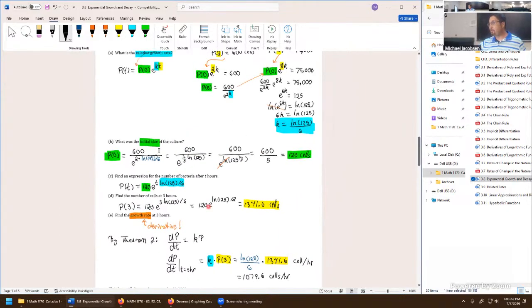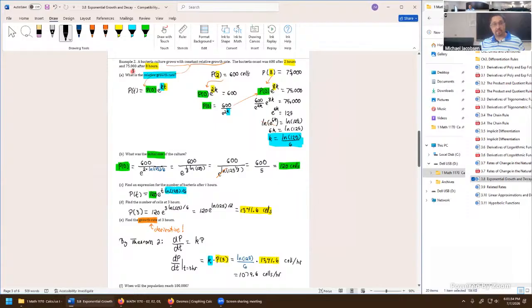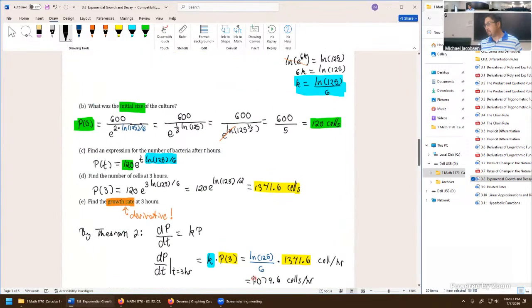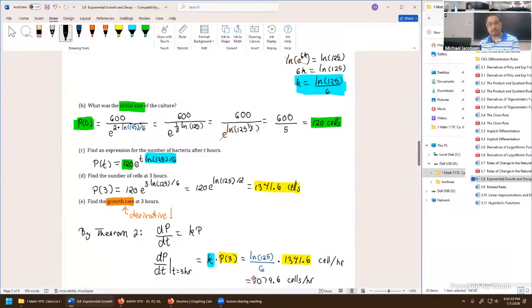So you might wonder, how in the world does it then get to 75,000? Well, it gets there because if you do this at time 3.1 hours, 3.2 hours, 4 hours, 5 hours, 6 hours, and so on, that number just keeps on going up and up and up. The population's growth rate is increasing, and that's just how fast it was growing at one specific instant of time. Well, we still have one more question here, still just a little bit along the theme of algebra review. But any questions with this part E, the calculus portion?